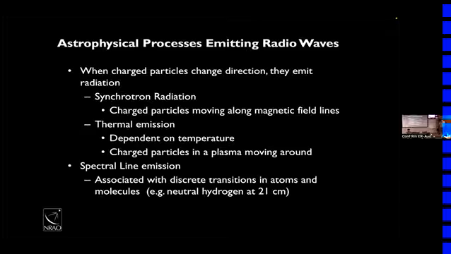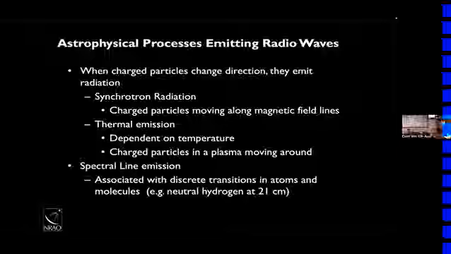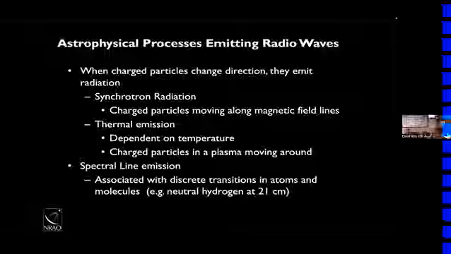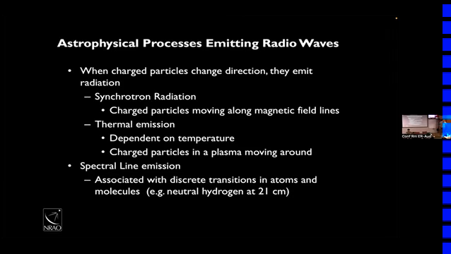Well, two things very clearly change the path of an electron. One is magnetic fields. And you may have seen this in a physics class: if you have an electron in a magnetic field, it spirals around that magnetic field and propagates along the field line. As it spirals around the magnetic field, it gives off radiation in all directions. No matter where you are around that magnetic field line, you'll see the radiation coming off. That's what we call synchrotron radiation. That comes from charged particles, could be a proton too, moving along magnetic field lines.